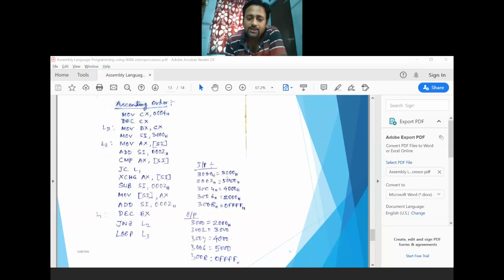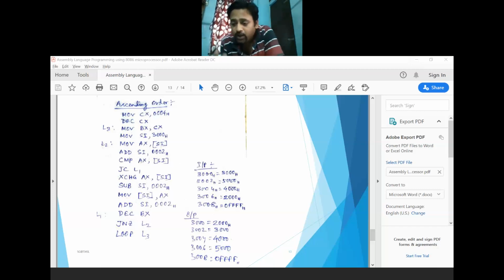In this way, after this one, I need to go to the next location to compare it, then the next one, then the next one. Again it starts from the initial position. So in this way I have created the inner loop and the outer loop. The inner loop is controlled by the BX register and the outer loop is controlled by the CX register.